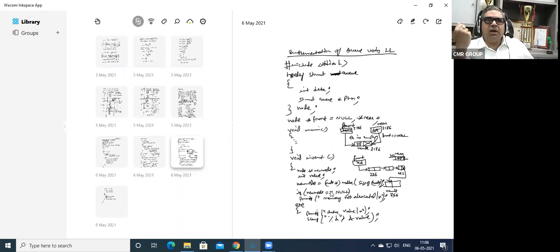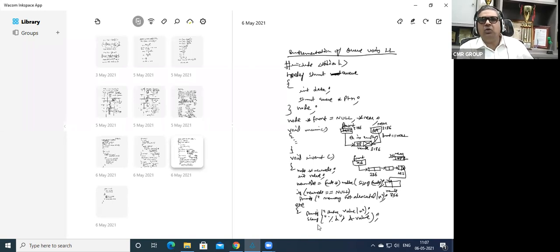When is the memory not allocated? The malloc function, what does it return? It returns a pointer, the base address of the allocated memory block. If the memory block is not available, then the malloc function will return a null pointer. So that is the reason I'm checking if new node is equal to null, then the memory is not allocated. Else, in the else part, printf "enter value" with %d,